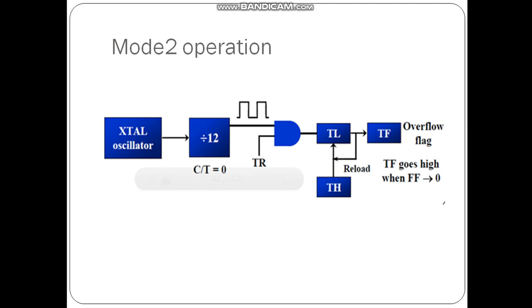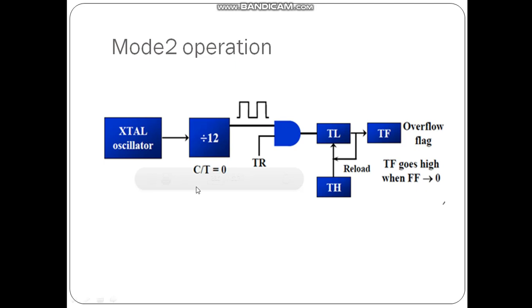Let us move on to mode 2 operation of the timer. In mode 1, timer acts as a 16-bit register. We need to load TL as well as TH register. Whereas in mode 2, a timer acts as an 8-bit register. So we have to load only the TH register. The speciality of mode 2 operation is that it is also called auto reload mode. That means whenever there is an overflow, whatever value is there in TH register will be reloaded into the